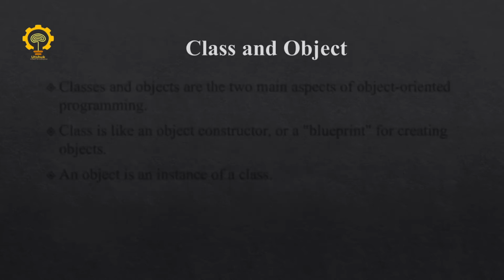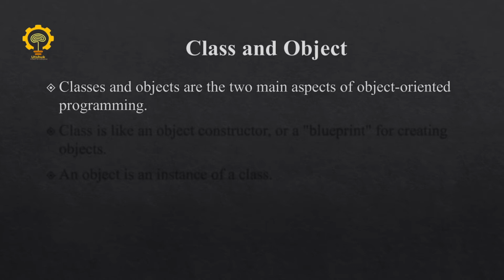So let's see class and object. Class and object are the main concepts behind object-oriented programming, as we need to understand what a class is and what an object is before moving into the OOP concepts. Classes and objects are two main aspects of object-oriented programming. Whenever we write a program, we use the concept of class and object. We create the class, and using the object, we access the data and methods of that class.